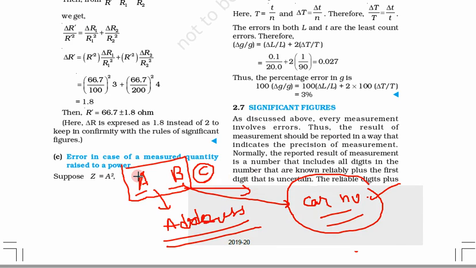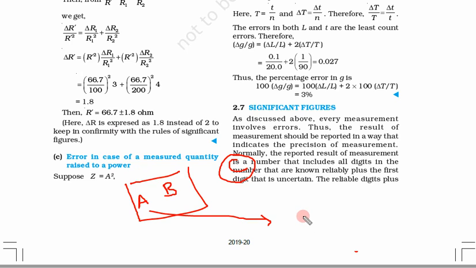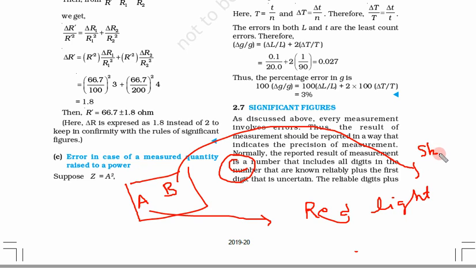Now what is an imprecise measurement? The same thing happens: A and B are traveling in a city in a car. C is at home. C asks them, where are you? So instead of giving a direct answer, A says, I can see a red light. There can be many red lights in the city. Similarly, B says, oh, I see a shop of clothes.